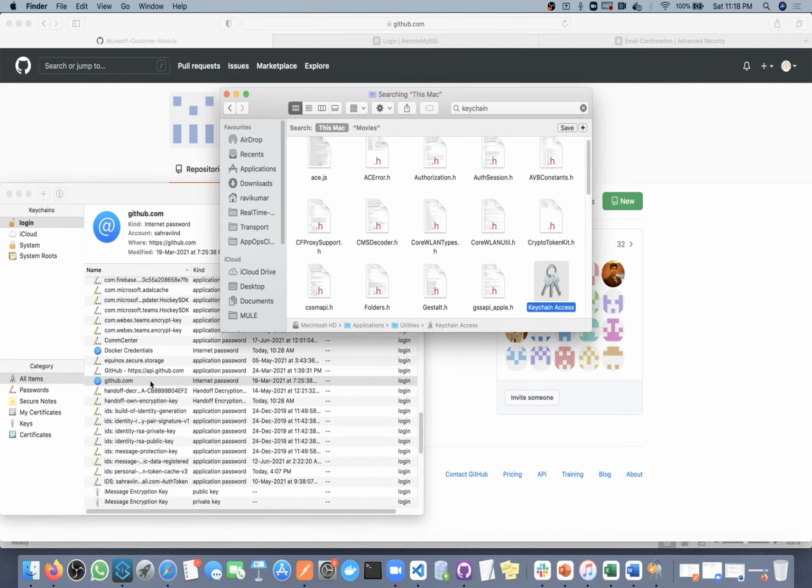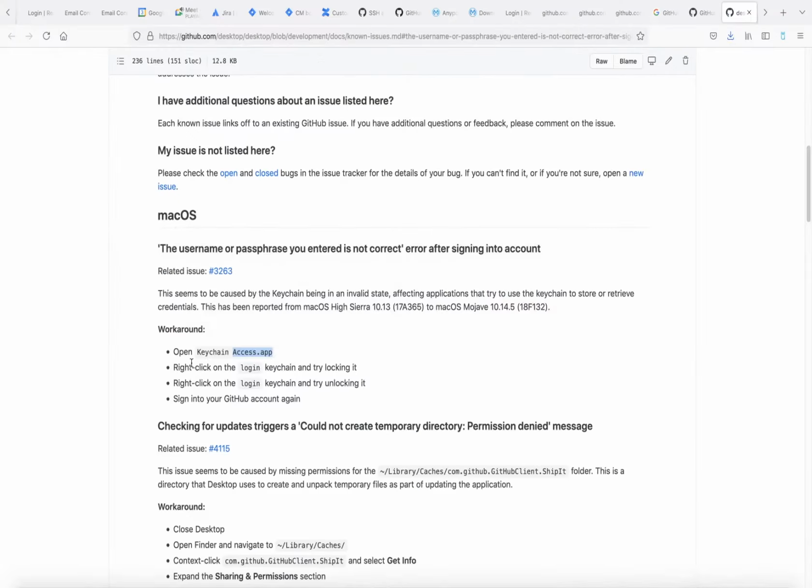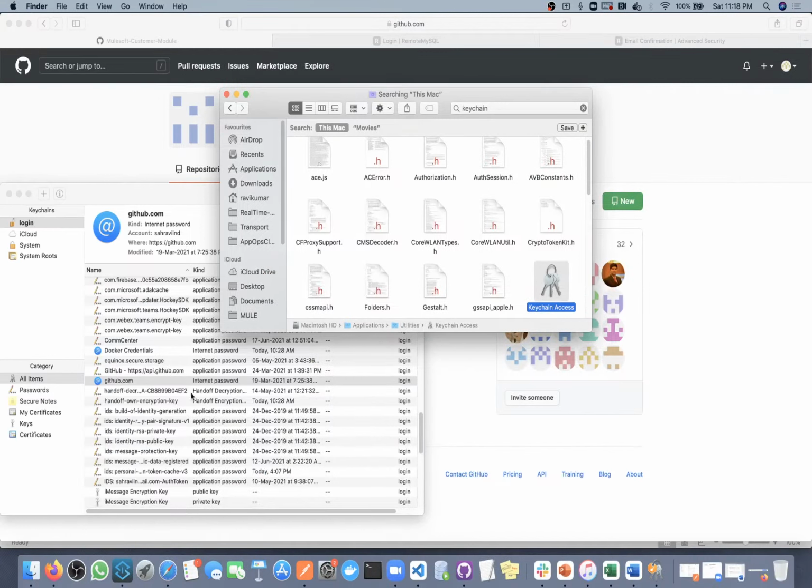GitHubDesktop.com. So what they are saying: open Keychain Access app, right click on the login keychain and try to unlock.